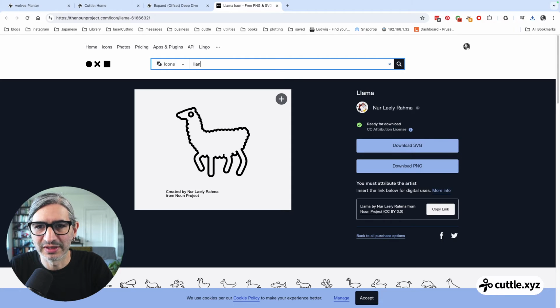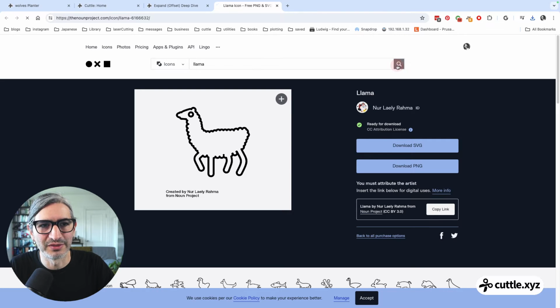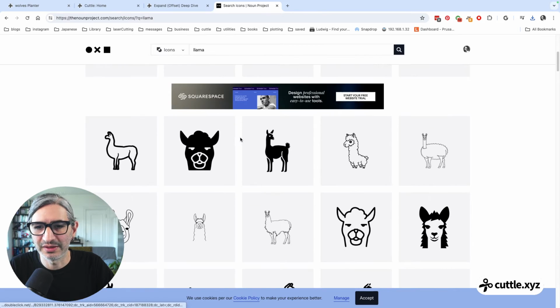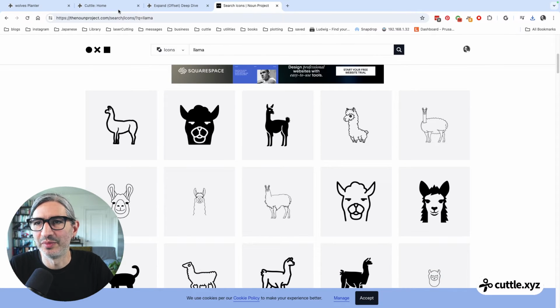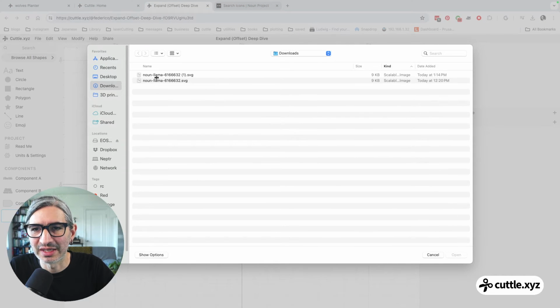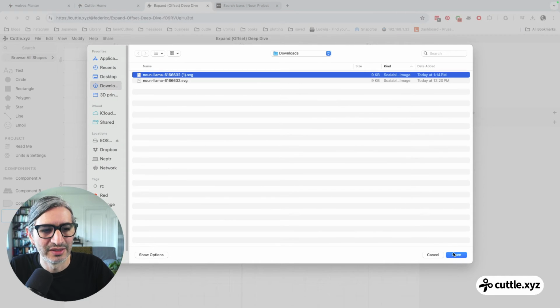But it's cool. You can find a lot of things. Let's see what else is available. So there are a lot of different things you can use, but I'm gonna bring that SVG into Cuddle. So I'm gonna go to File, Import SVG, and I'm gonna grab that llama I just downloaded. I'm gonna open it,